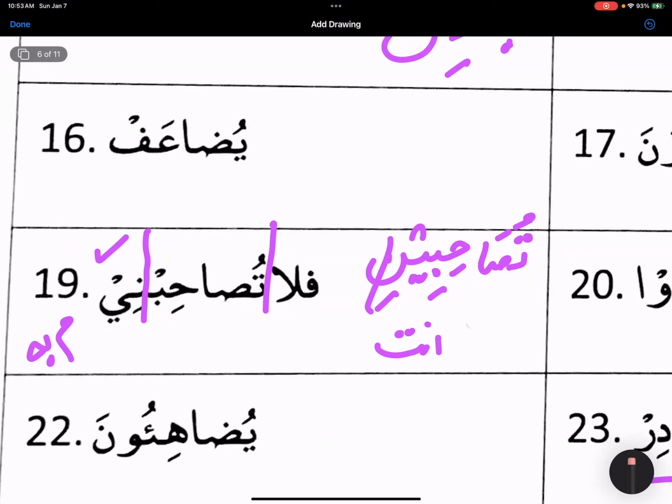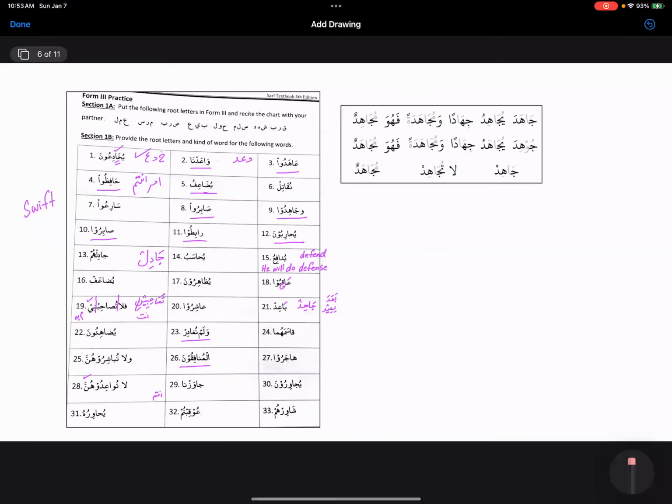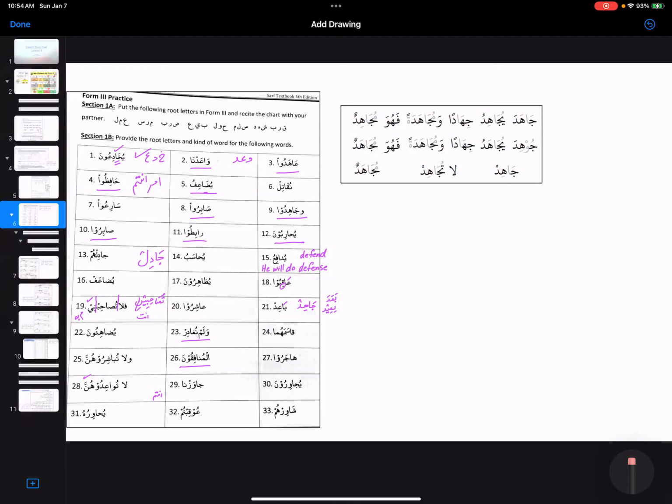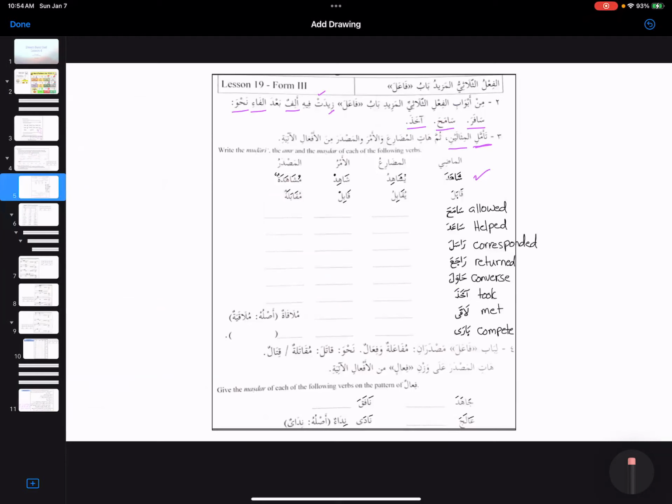Don't accompany me. Don't be my companion. So do not accompany me. Yes. I think this is Surah Kahf. Subhanallah. So, okay, we are almost done. Alhamdulillah. Everything is basically covered. But you are going to write every description of this page as well. Inshallah. So far we have this one to do.